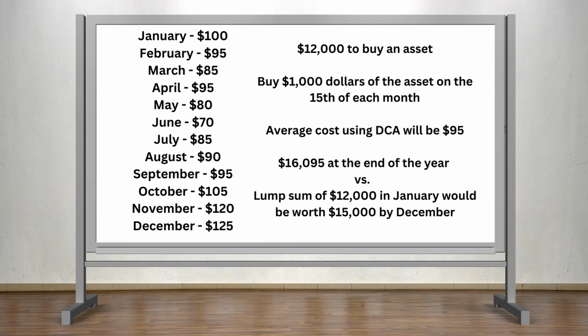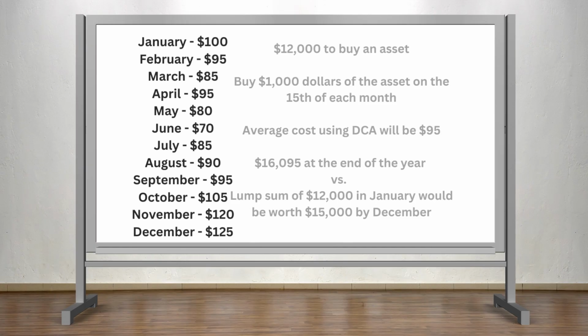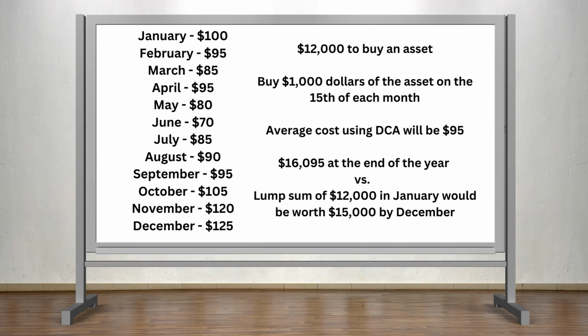For example, if you want to invest $12,000 to buy an asset in a DCA model, you could buy $1,000 of the asset on the 15th of each month for a year. If the price of the asset is the following, your average cost using dollar cost averaging will be $95. If you buy $1,000 worth of the asset each month, you will have $16,095 at the end of the year, versus buying the asset with a lump sum of $12,000. If you bought $12,000 worth of the asset in January, you will only have $15,000 at the end of the